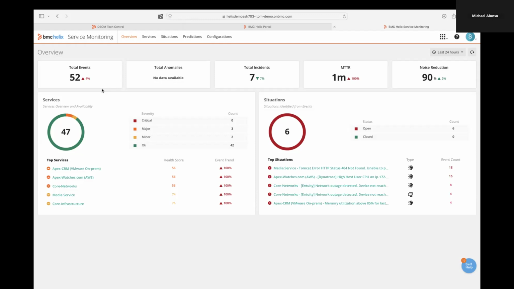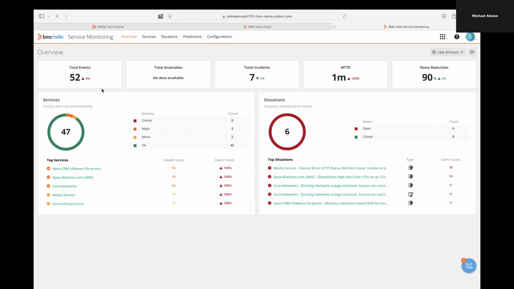The important thing to understand here is that noise reduction. The AI is going through and correlating everything for you. It's taking those 18 events, like we saw earlier, down to a singular situation. It's going through and looking at repeat events and putting data counters on them. It's reducing all that information and getting to the root of what you need to be looking at. What is causing issues in my environment? What is causing a delay or an impact to the services I'm delivering to my customers? And that's what we're seeing here.